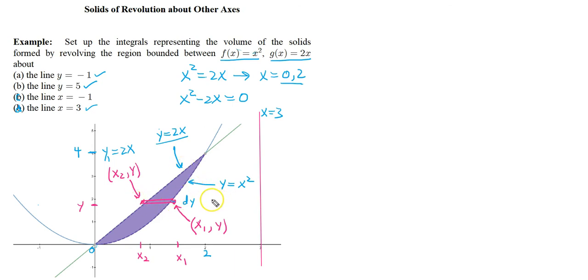All the curves are the same, of course. And so our volume, outer radius squared. Now the outer radius is going to be the distance from here to here now. So this distance, that's this distance right here. That's going to be 3, right? This is, by the way, that is 3 right there on the x-axis. 3 minus x2